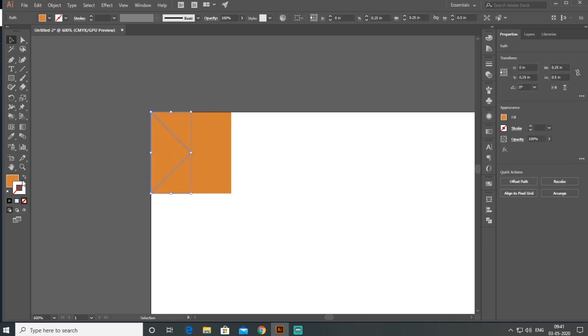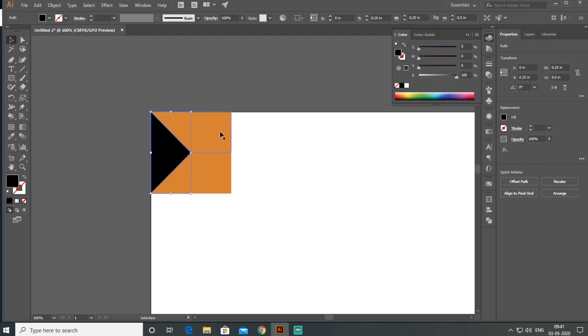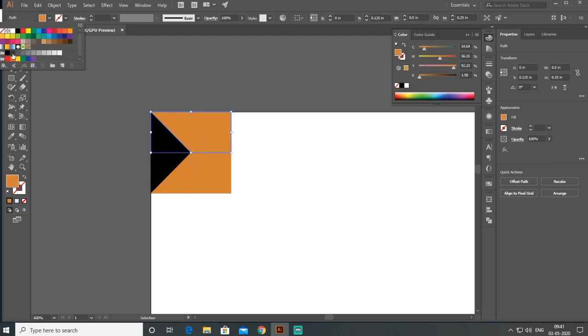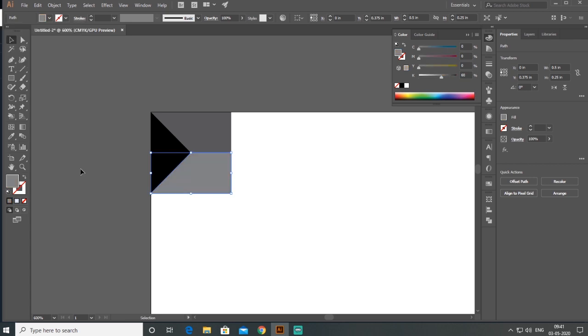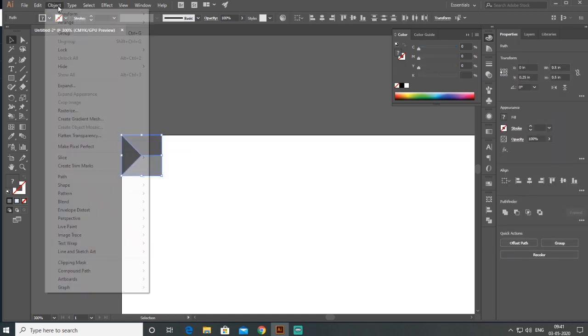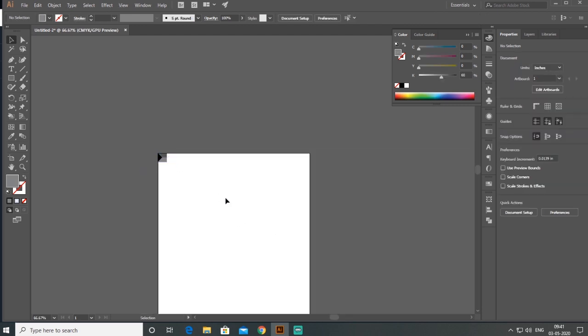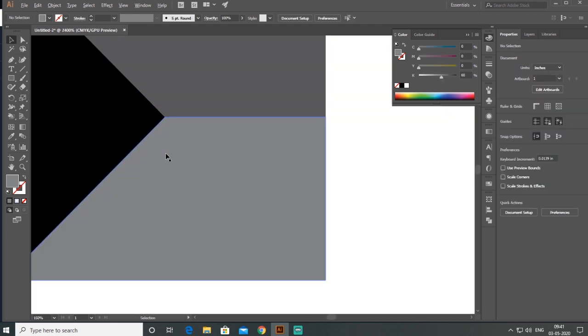Now what I do is just change the colors. Then select all the objects and go to Object and group them, right?